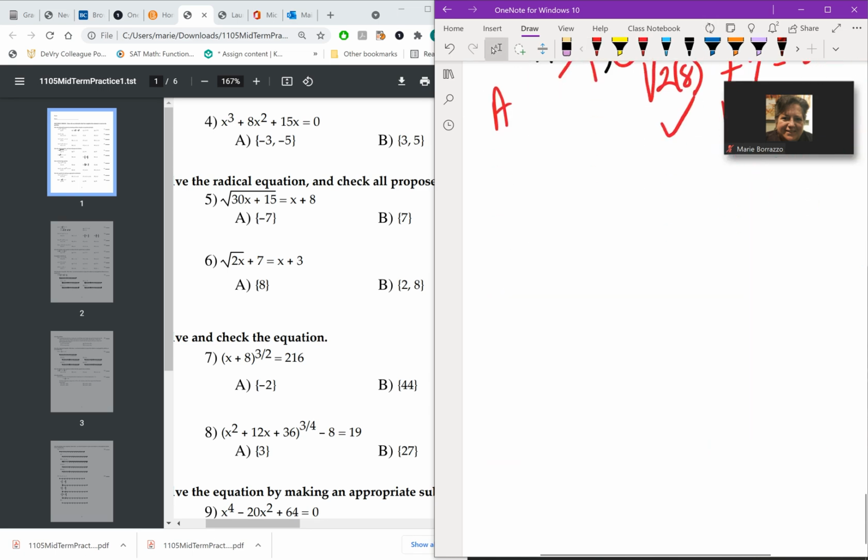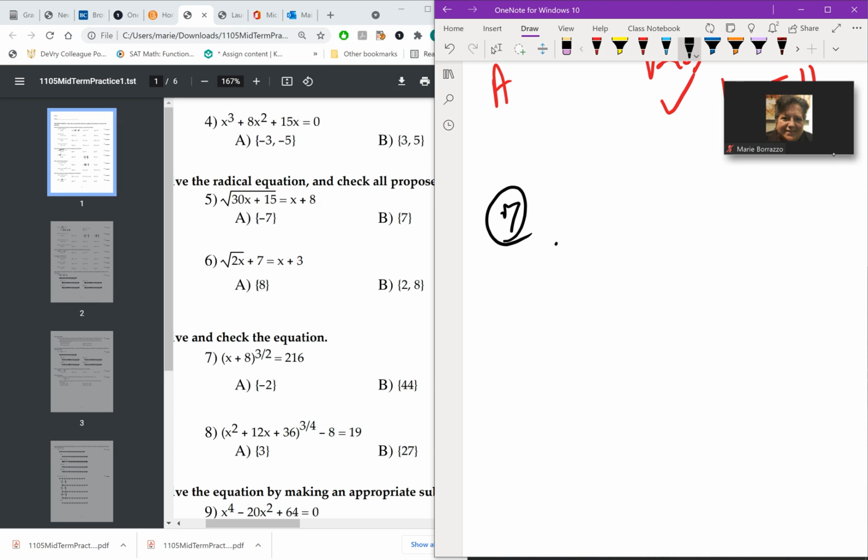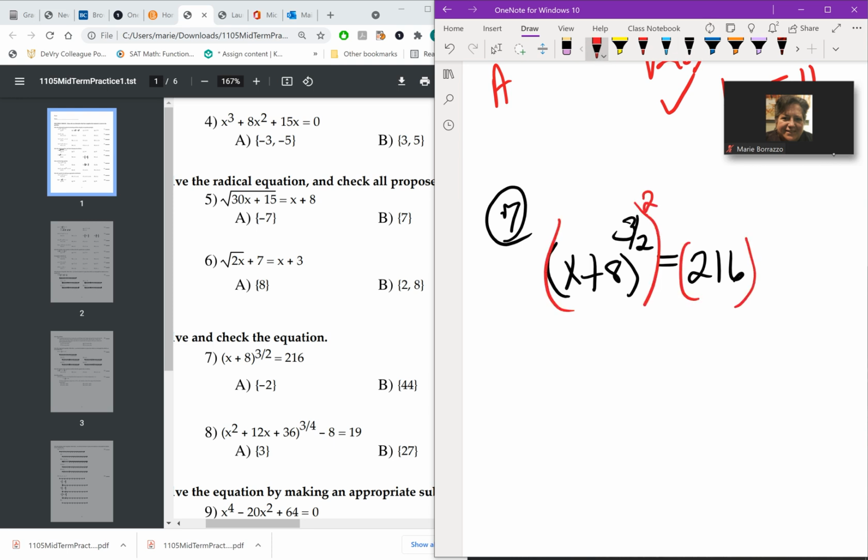Okay, number 7. In question 7, we have (x + 8) raised to the 3/2, and that's equal to 216. If I raise both sides to 2/3, that'll cancel out because that's 6/6, which is 1, leaving you x + 8 to the first power, which is just x + 8, equal to